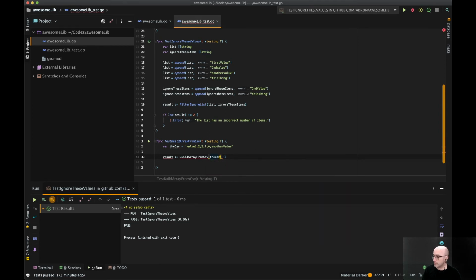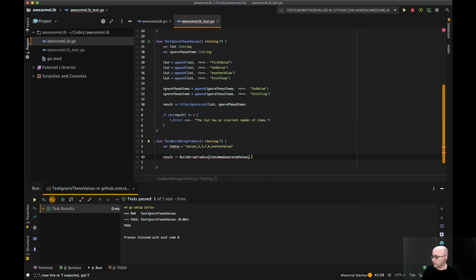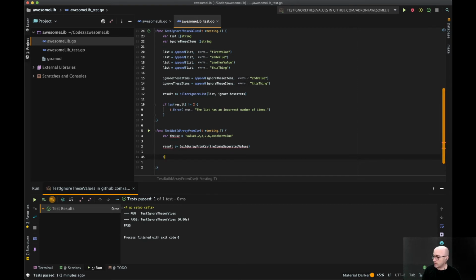The CSV, comma separated values, and then string. Oh wait, no, I'm just calling it. So then what we want to have is if result dot first value is not equal to value 1, and t.Error, the first value is not correct, right?